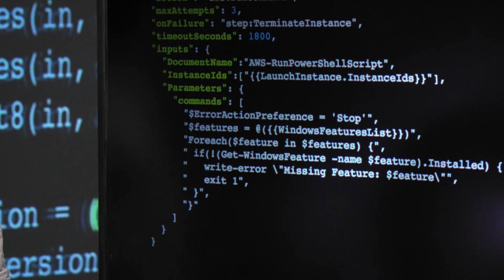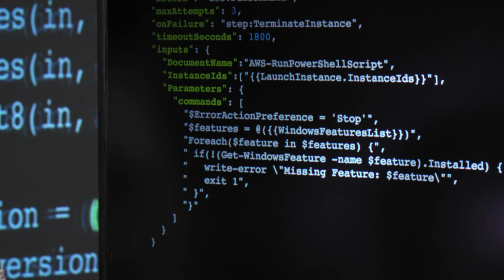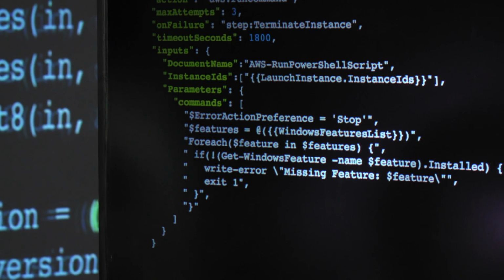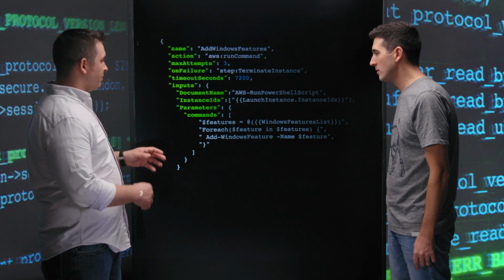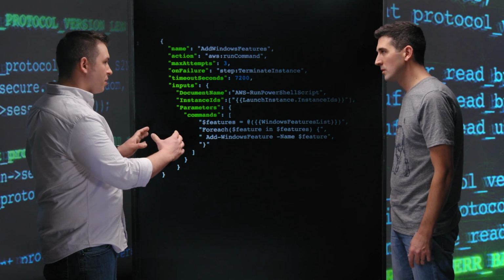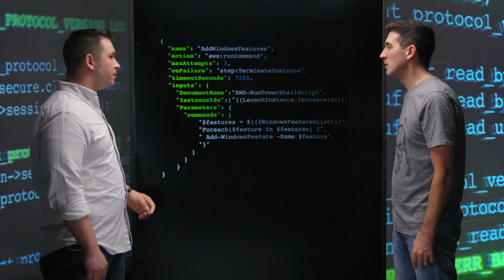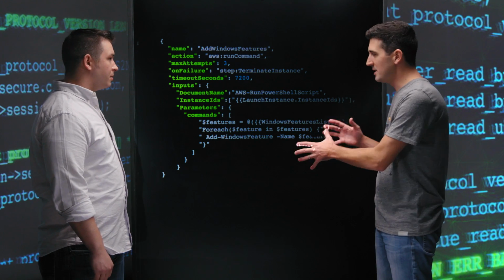That's one of the parameters that's stored in SSM. Okay, so it came from that first document and it's passed in, sort of chained. Right, and we use a naming convention for that, so we may have 2012 features in one parameter and 2016 in a separate parameter. Got it. Okay, so that gives you a lot of flexibility. I see the reusability now.